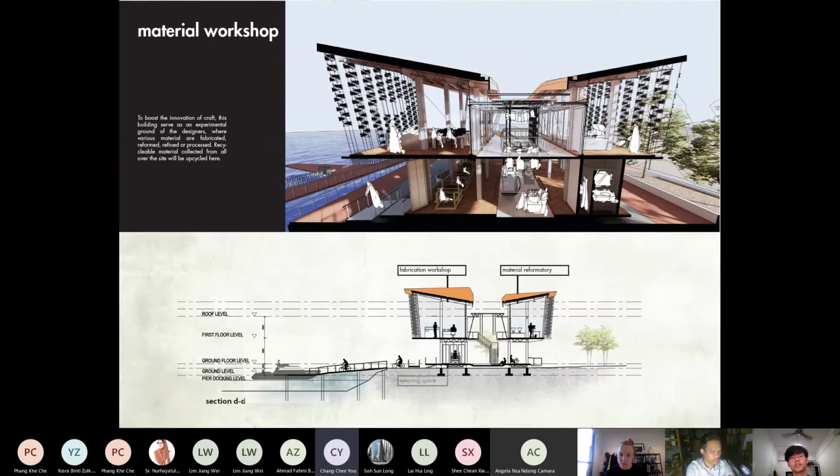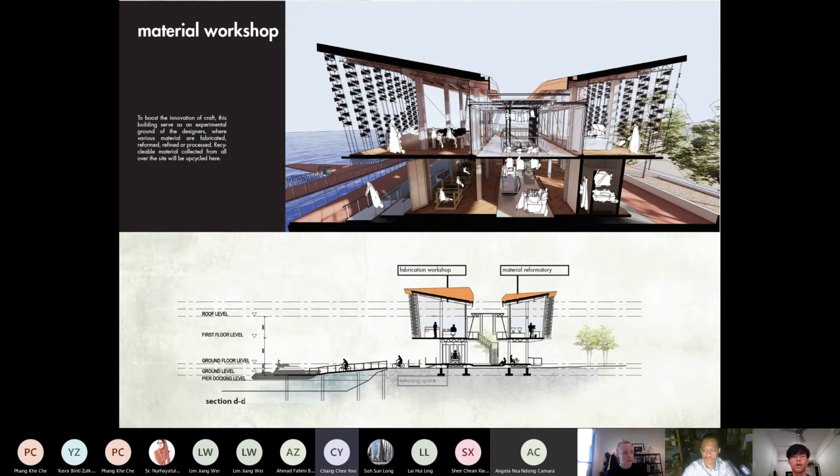And the next space is the material workshop, next to this building. In this material workshop, the main activity at the bottom floor is silk processing. So it includes weaving, silk spinning, silk dyeing, and also drying. This will be done at the ground floor.